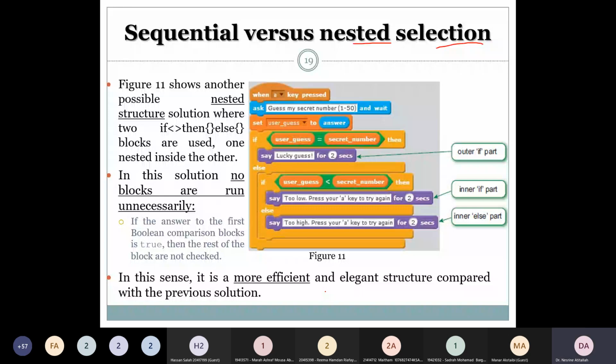I need to run only the necessary part. The unnecessary part should not be executed. It will be dissipated, it will dissipate my memories, my energy, etc. So it will not be efficient. But when there is no block that will be running unnecessarily, this means that I have a more efficient algorithm,